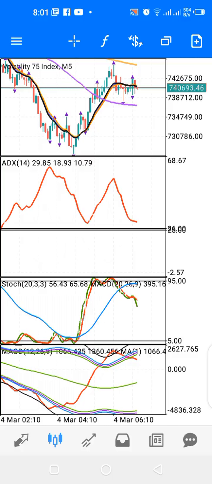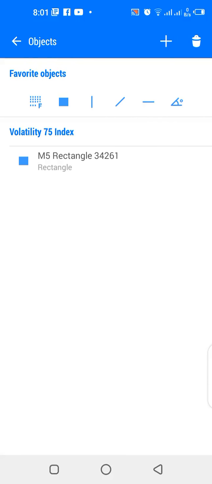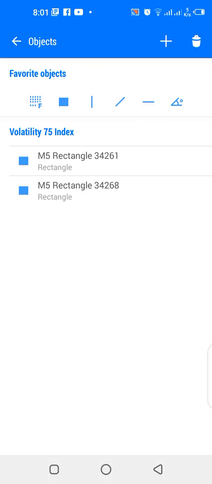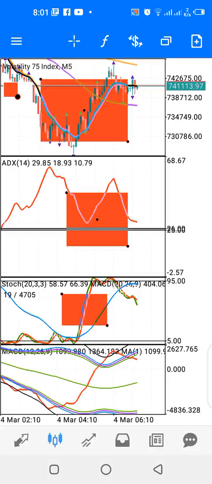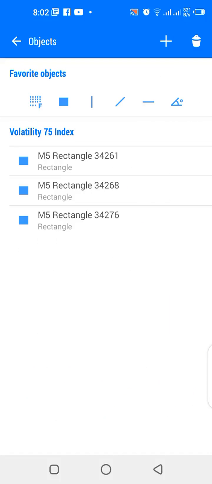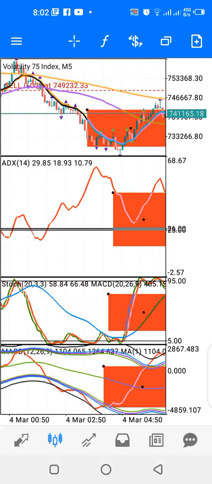Okay, I have the main window. This is the main window. I have indicator window 1. This is my indicator window 1. Okay, I have indicator window 2. This is indicator window 2. And I have indicator window 3. This is indicator window 3. All right. Now the way this strategy works is